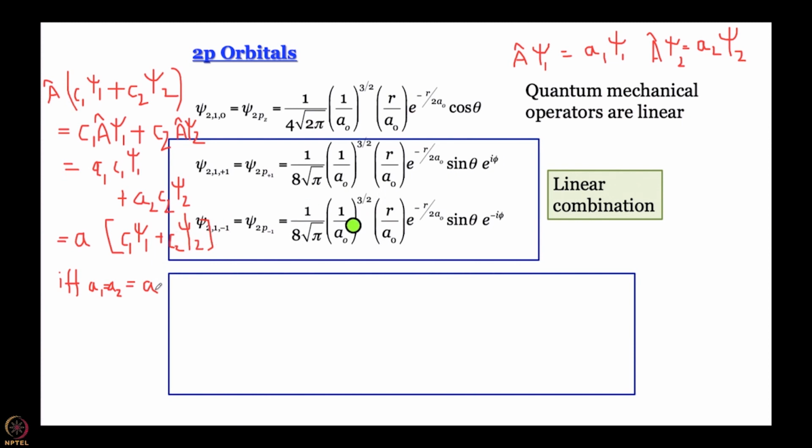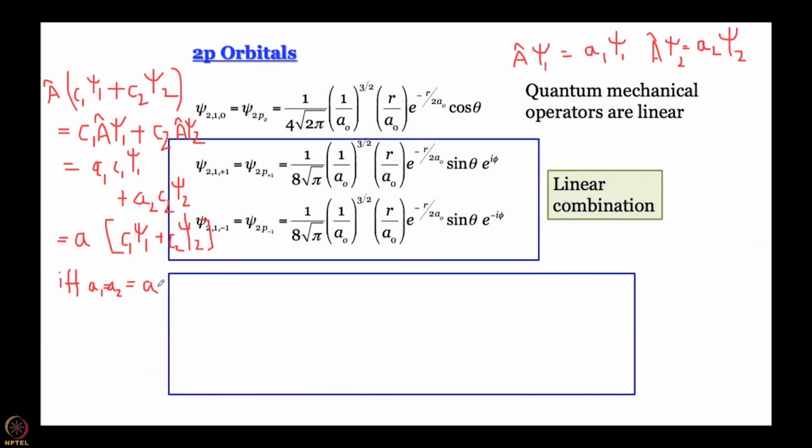So, if you take any linear combination, you will generate another wave function which will be an eigenfunction of the Hamiltonian with the same energy associated with it, that is very important. Okay? And so, we do not care. See, we have solved the Schrodinger equation in a particular way, that is why we have got these solutions. If you solve it in some other way, we could have got perfectly valid solutions that are different from this one. That might sound a little confusing, but that is how it is.